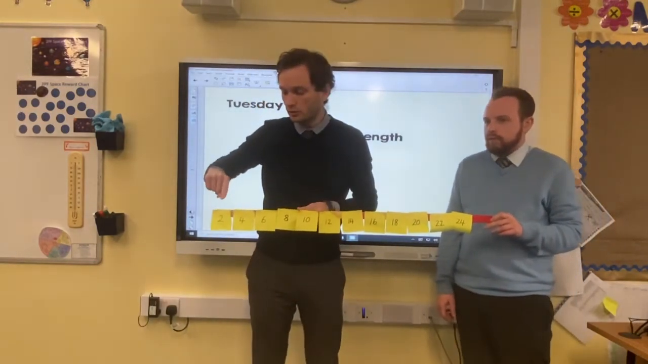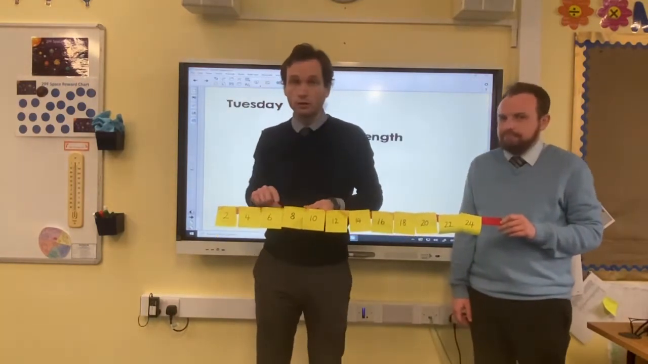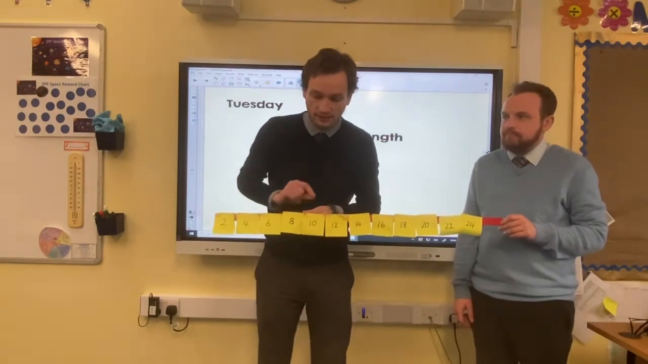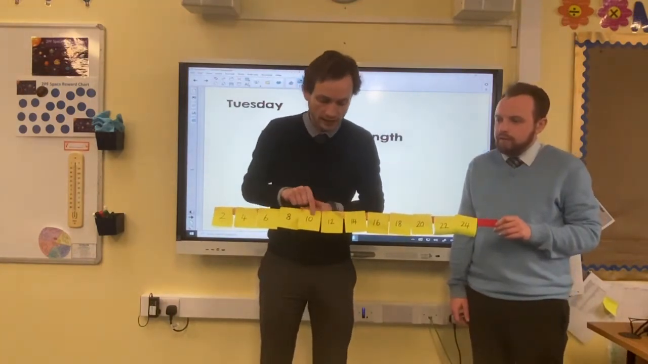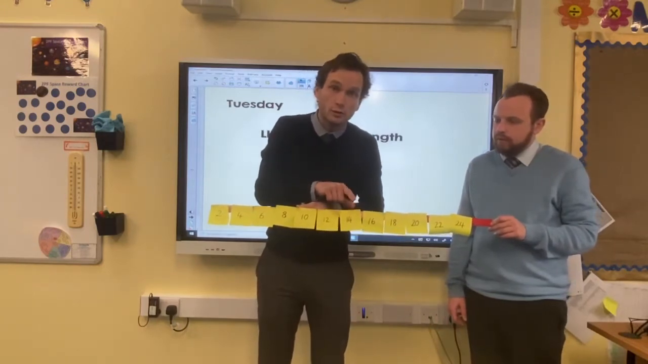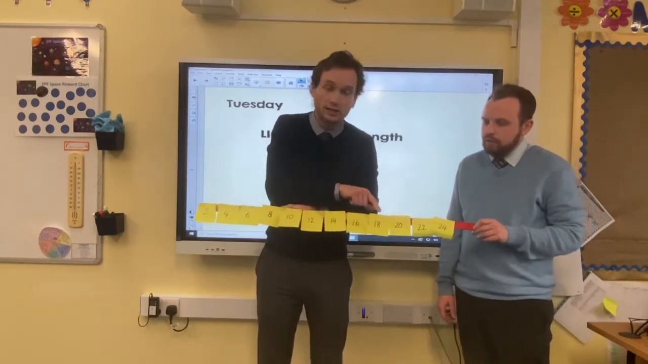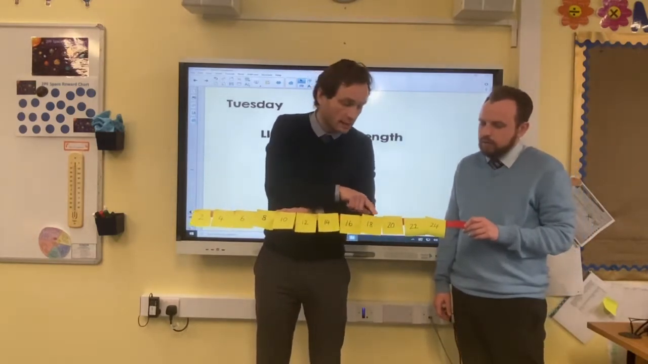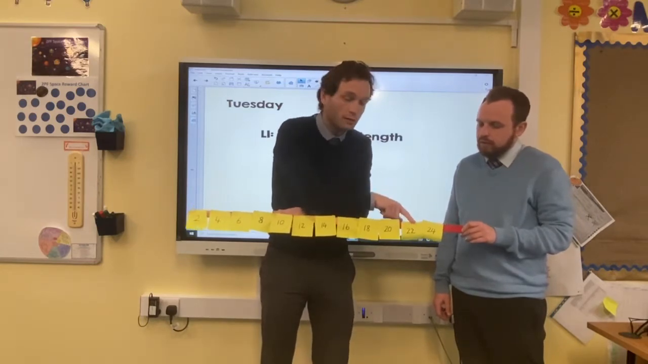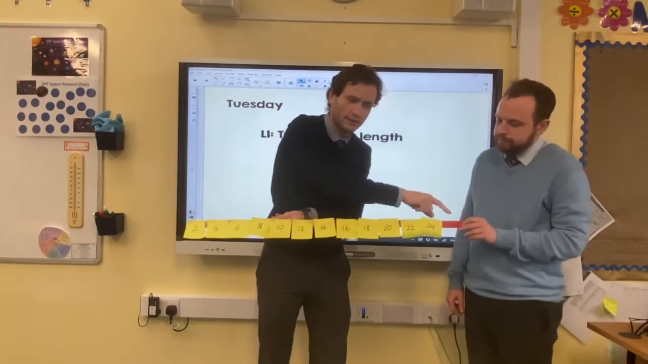So 1 times 2 is 2. 2 times 2 is 4. 3 times 2 is 6. 4 times 2 is 8. 5 times 2 is 10. 6 times 2 is 12. 7 times 2 is 14. 8 times 2 is 16. 9 times 2 is 18. 10 times 2 is 20. 11 times 2 is 22, 12 times 2 is 24, 13 times 2 must be